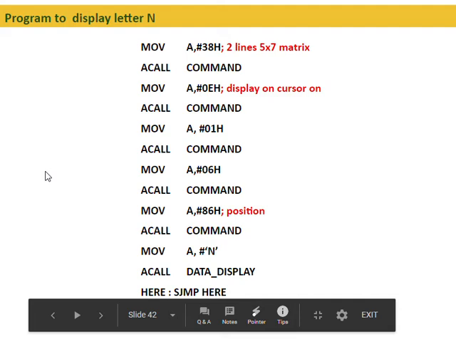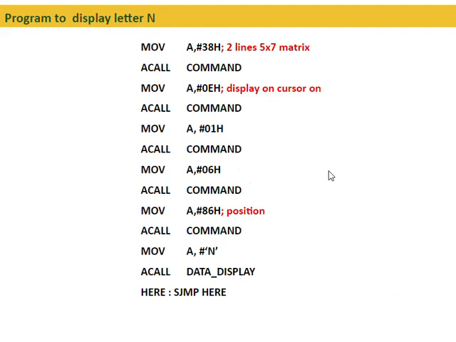Before we send the letter N, we should send all the required commands to the LCD display. The first command that we should send is 38. 38 is the command that selects a two-line display and a 5x7 matrix for display of a character. We have written the command subroutine with the assumption that the command is available in the accumulator.